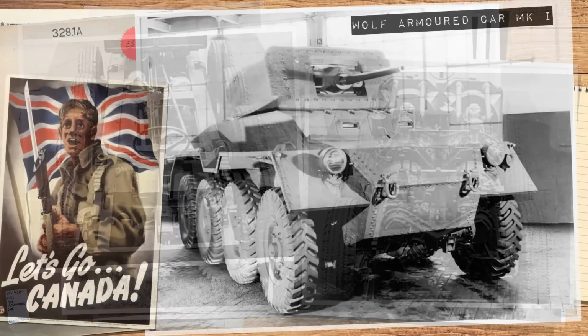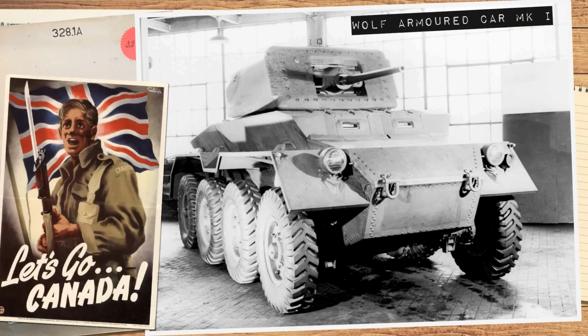The other vehicle to cover in this time period is also the Canadian Wolf Mark I. This vehicle began around August 1940 as a proposal by the Department of Munitions and Supply. The Canadians had questioned whether they would have adequate industry capability to provide large numbers of tracked vehicles, although they were in a position to be able to churn out wheeled vehicles much more readily. As such, they developed a series of wheeled vehicles, with the largest being the Wolf 8x8 heavy armoured car, which the British showed some interest in,